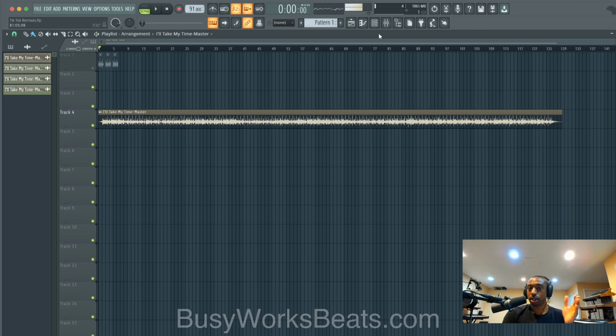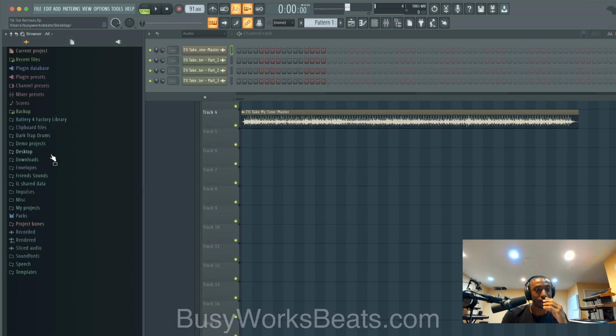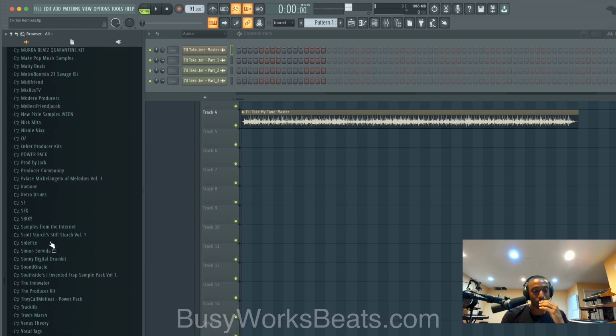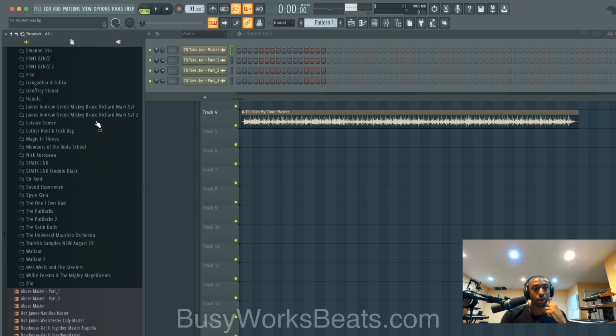So it slowed down the original song. The original song goes like this. Actually, this is not the original. I stretched it. So we're listening to the stretch version. Let's open up the original. I should have had this mapped out, but believe you me that we stretched it. So let's go to, which folder is this in? I should have this prepared.